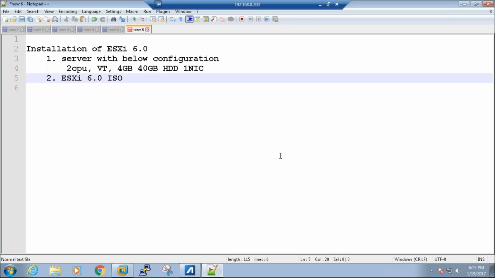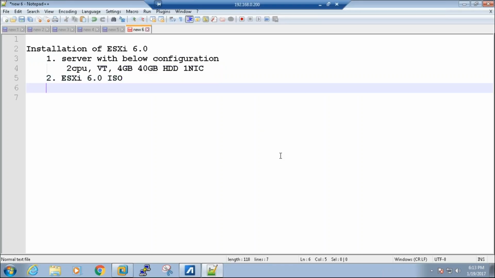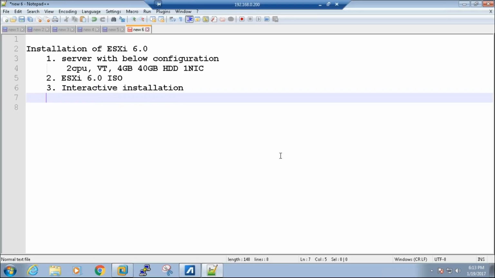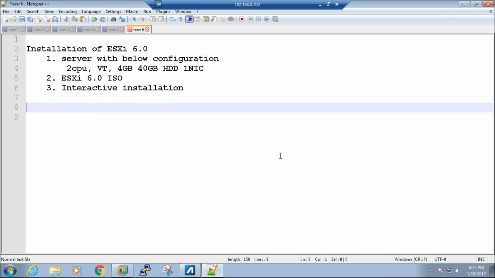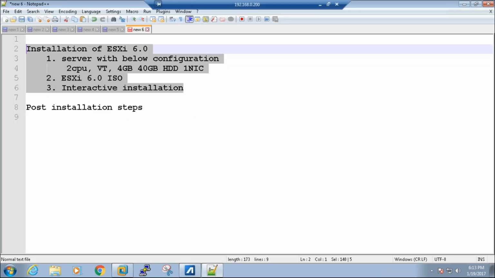This is what we read in the document yesterday, and that's our understanding. So what we are going to do is an interactive installation. Once we do the interactive installation, I'll take you through the post-installation steps. So with this, let's quickly jump on to the practicals.